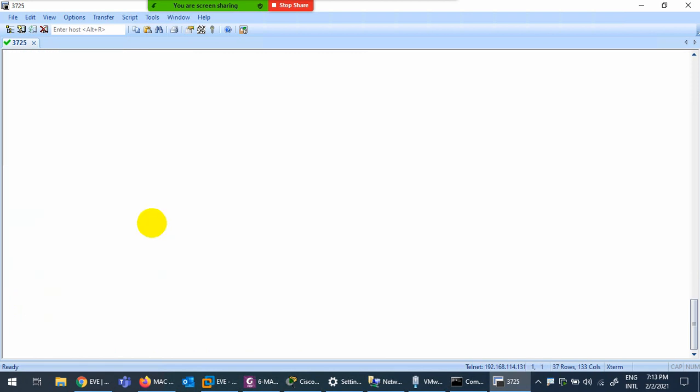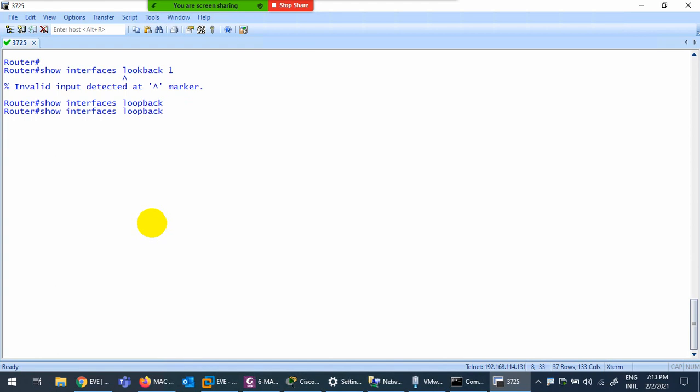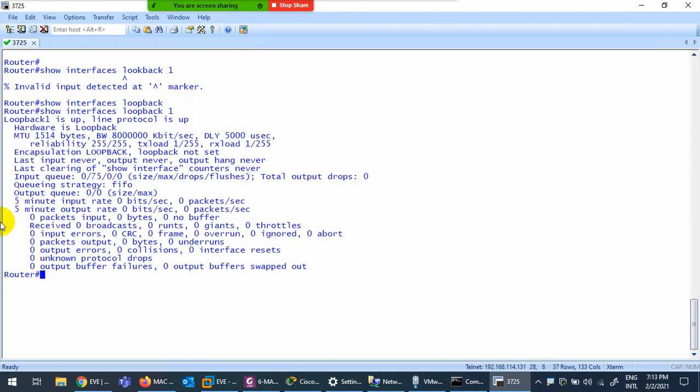Okay, sorry. Loopback 1, loopback, okay, and their hardware address should be somewhere. I cannot see the hardware address, but there should be one. My main concern is to show you that any interface has one.